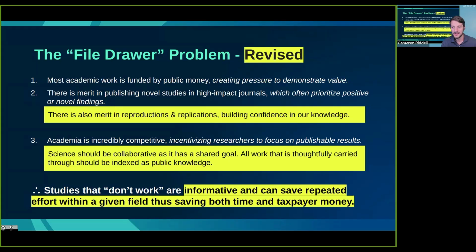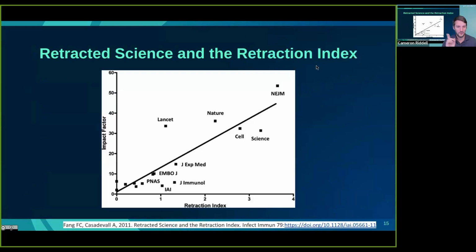Now, oh, there's a great comment in the chat. Before I address that comment in the chat, and I would love to hear others' thoughts on that comment,